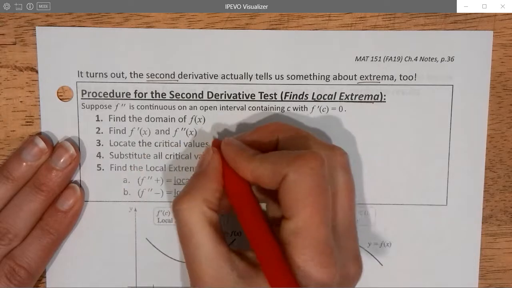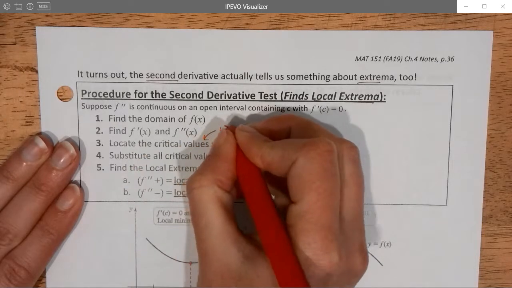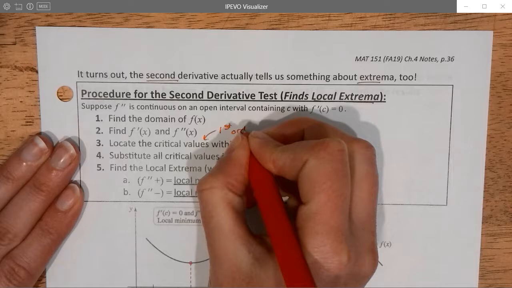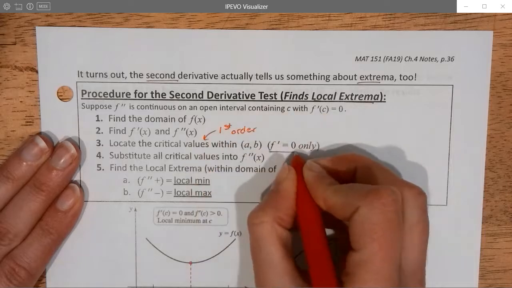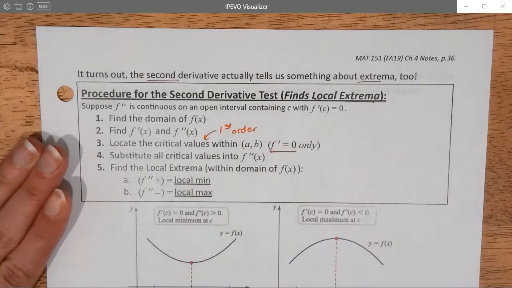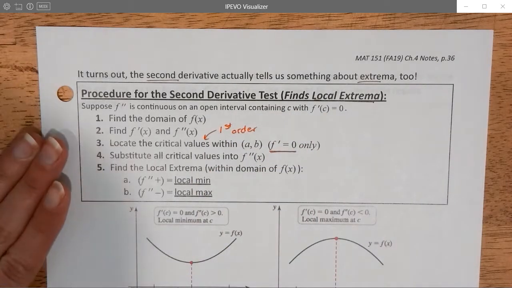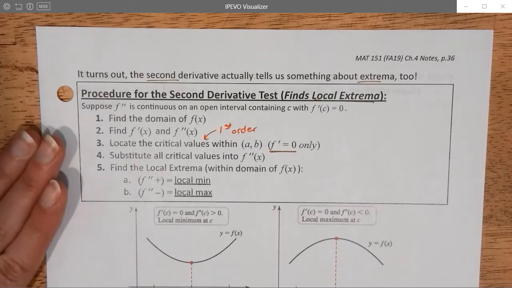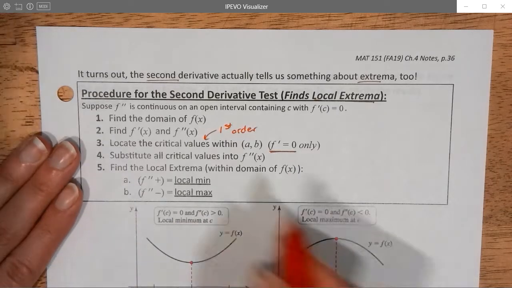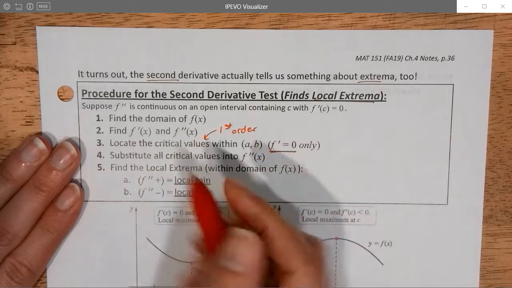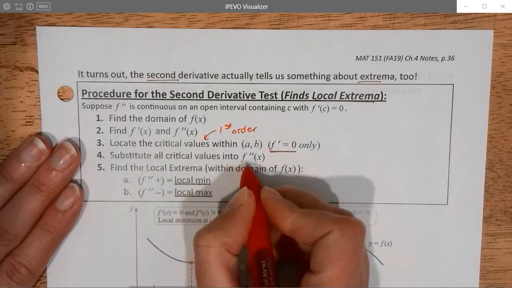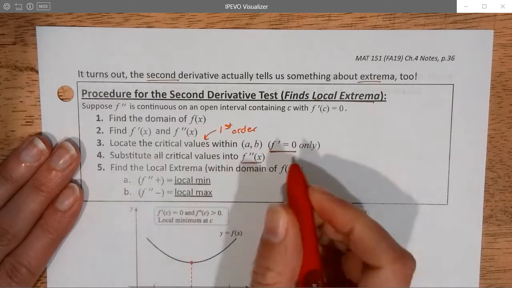So these are first order critical values, because they are places where the first derivative equals 0. Now, unfortunately, the second derivative test is not built for places where the first derivative fails to exist. That type can only be classified with the first derivative test. If the first derivative is equal to 0, I can substitute those critical values into the second derivative, and then